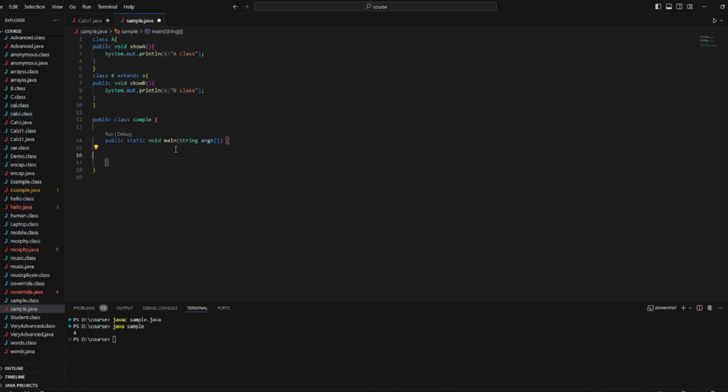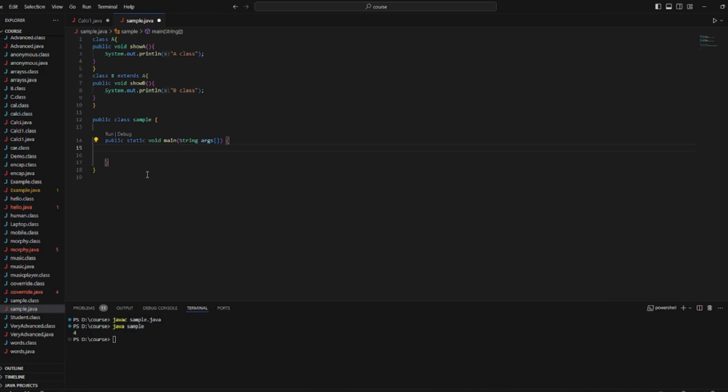So I created two classes and also created inheritance, and I made A the superclass and B the subclass. Just for simplicity, in order to understand the concept, I've created two simple methods in two different classes and I'm just printing them. That's all. I'm not doing anything else complex.